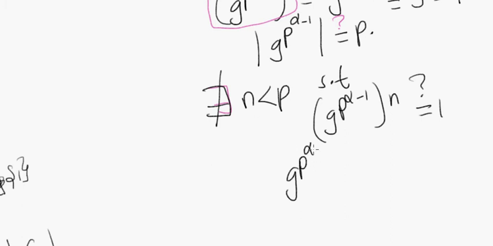What's g to the p to the alpha minus 1, raised to the n, equal to? Is that the same as g to the p to the alpha minus 1 times n? Okay. Well,